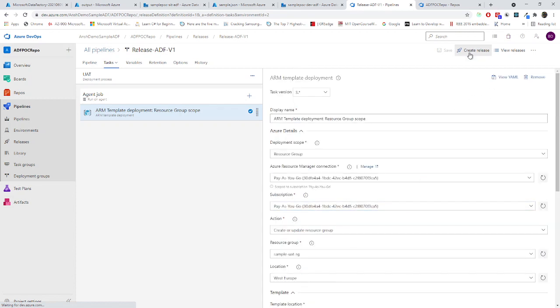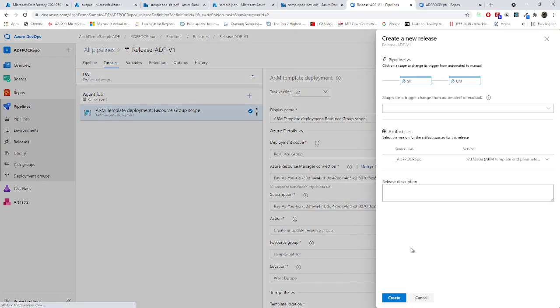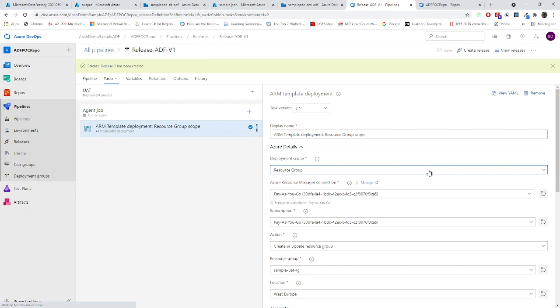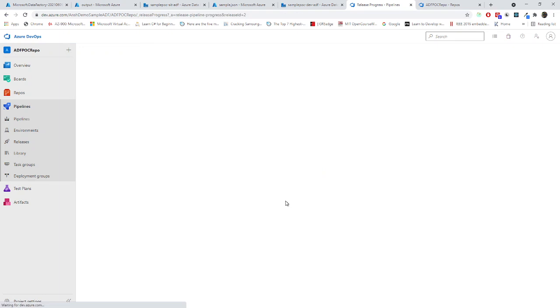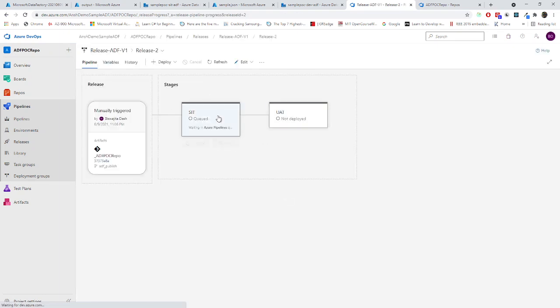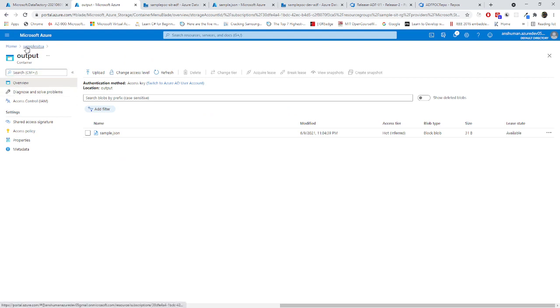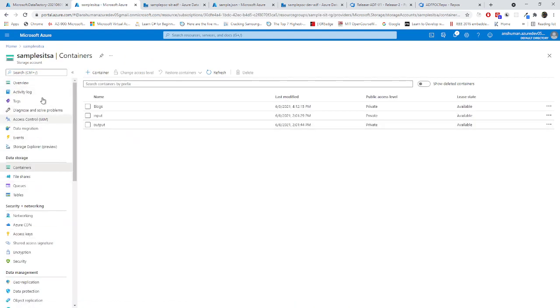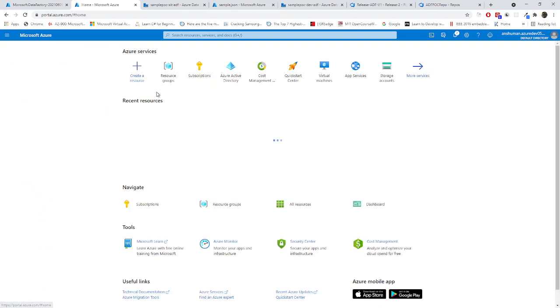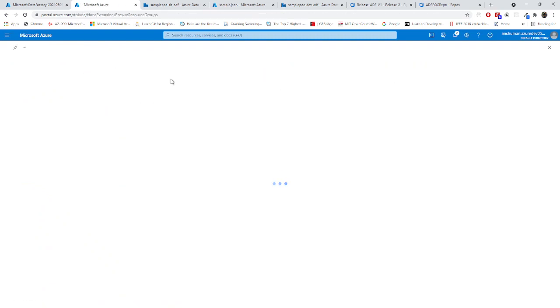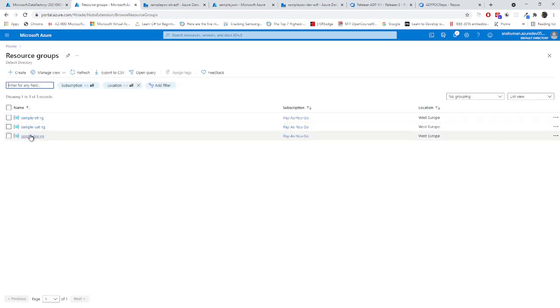Yeah. Now create release. Now again we have to wait. Okay, let me check the release. This is being queued. Let's configure the UAT till now. Till that, if I go to ADF, not ADF, I'm going to the portal. Right now I'm going to the home, resource groups, and right now I'm going to the UAT environment.